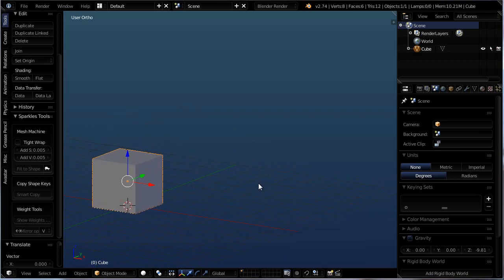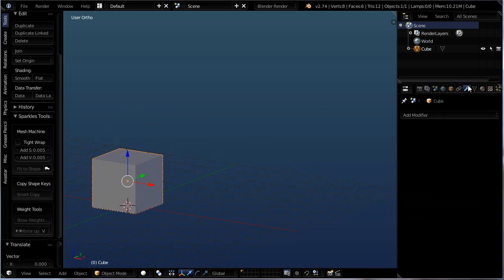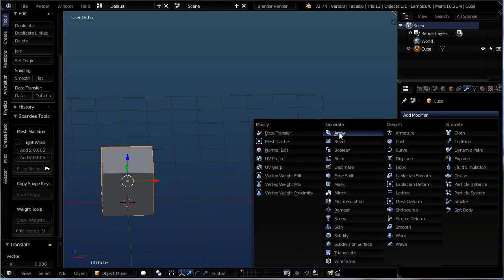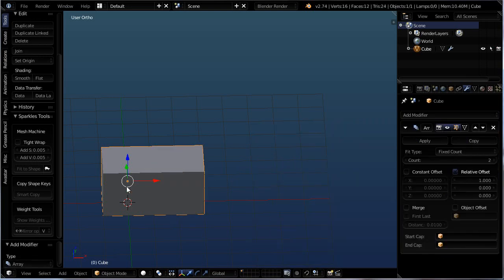Alright, so I'm going to go to the modifiers tab, which of course is this wrench icon, and click on add modifier and watch what happens along the x-axis as I pull the modifier up. So add modifier, and I'm choosing the array. Again, watch what happens. It looks as if the block actually doubled in its size along the x-axis, but honestly